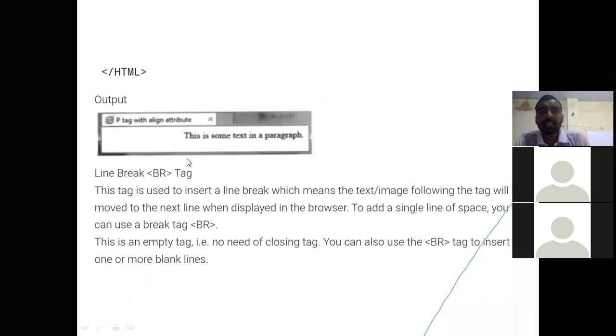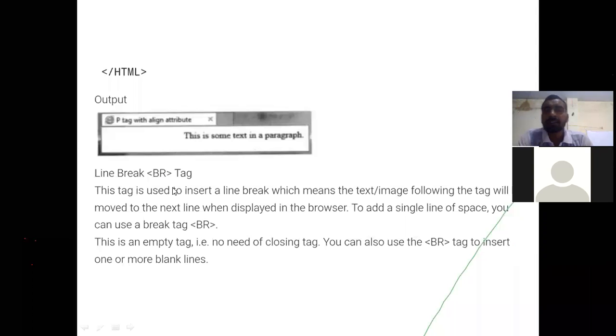A tag is there, the BR tag. It stands for break rule, or you can say line break tag. So what is the use of the BR tag? It is used to manually change the line in a paragraph or in a block of text. At any part of the text, if you want to change the line, we can use the BR tag. Anywhere you use the BR tag, from there the line is changed. Your text will appear from the next line.